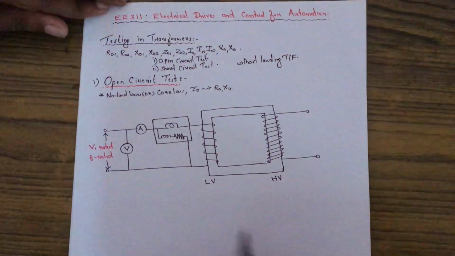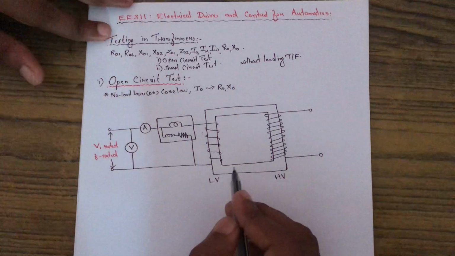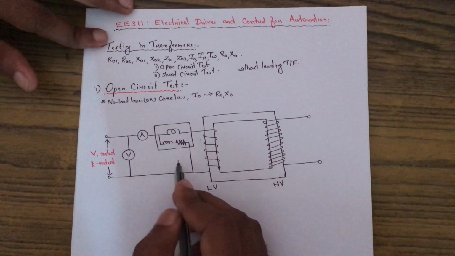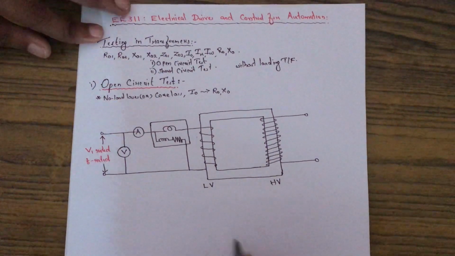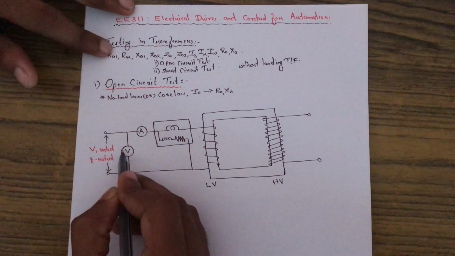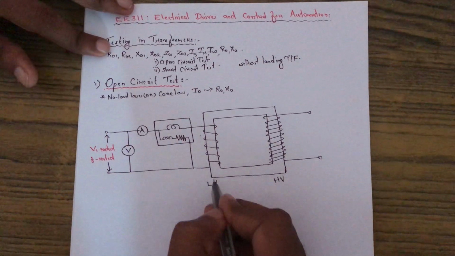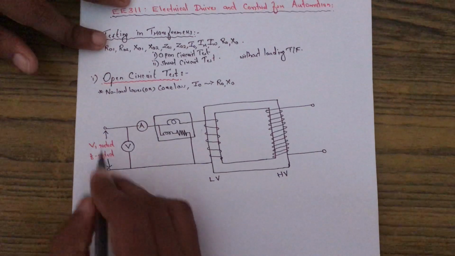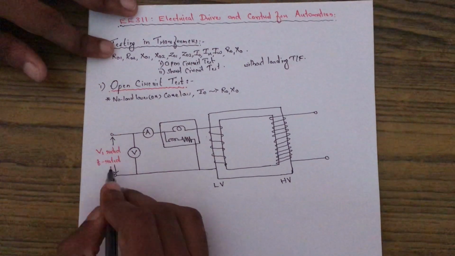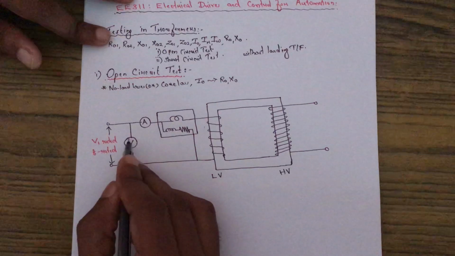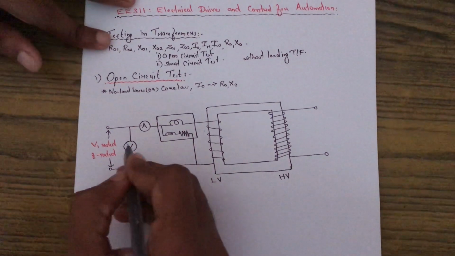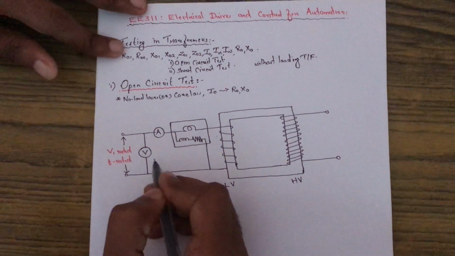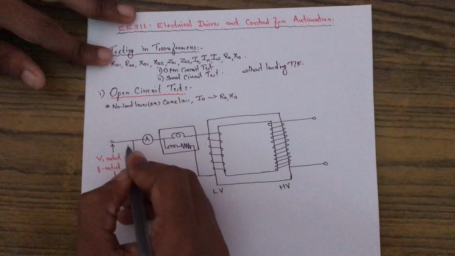Okay, so next we can see what is the condition. Initially we have to connect the circuit as per the circuit diagram, then we have to apply the rated voltage of the transformer, that is at the low voltage side the rated voltage we have to apply. With the help of an auto transformer we can vary the voltage, and we have to supply the rated voltage, and we have to measure the voltage across. We can measure the voltage by using this voltmeter.